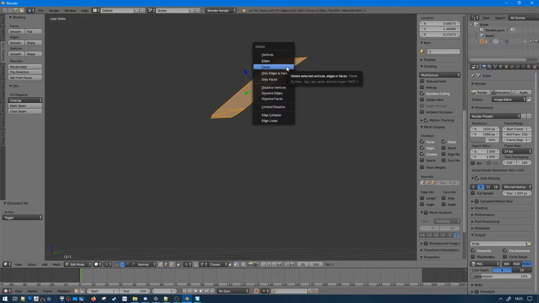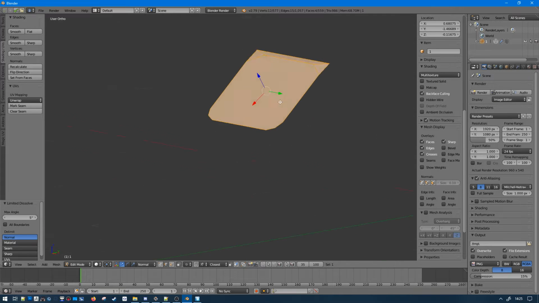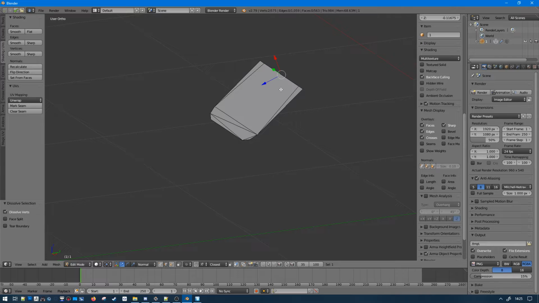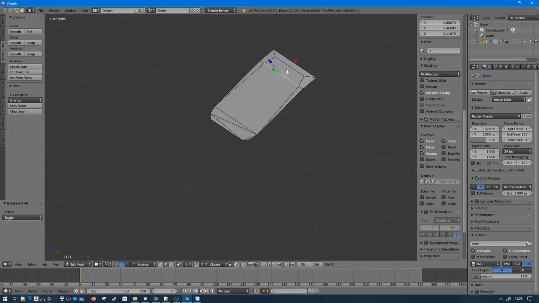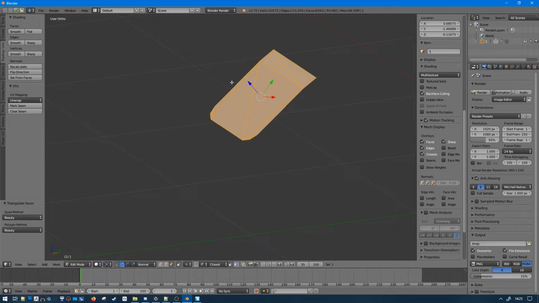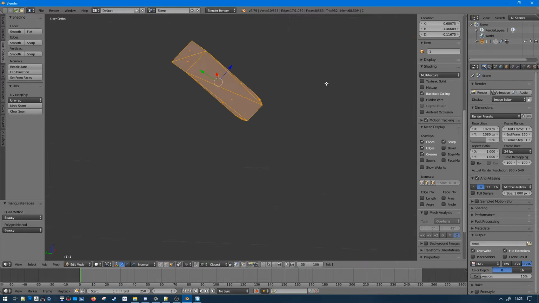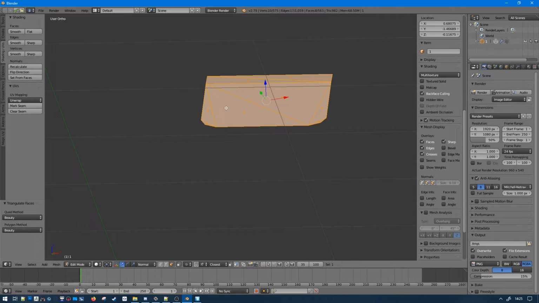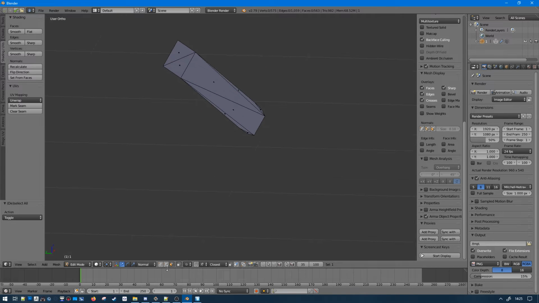run limited dissolve. It's actually not sure how it's going to behave. We'll see.